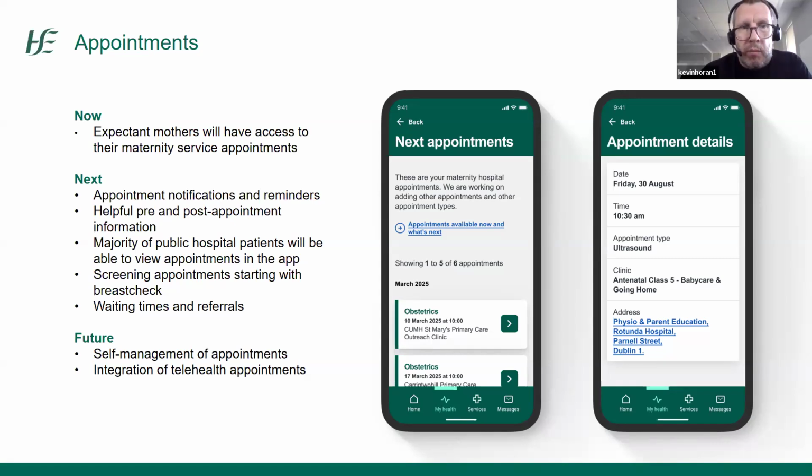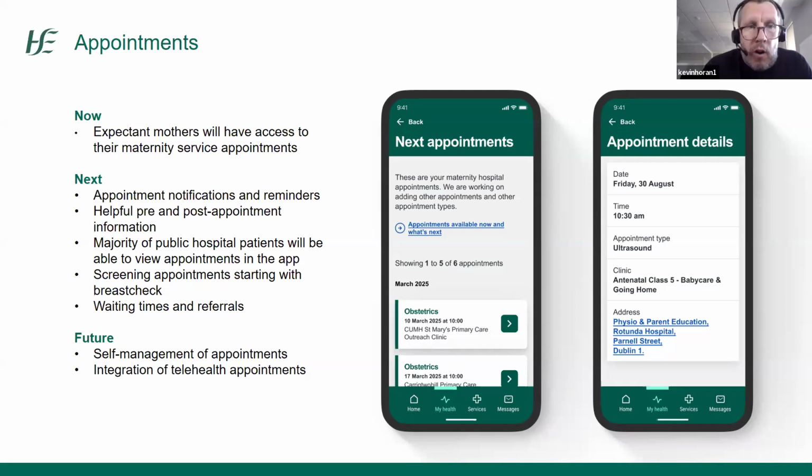It's noted here then that we'll be serving appointment notifications and reminders. That's something we included in that version 2 release. We're also building out helpful pre and post appointment information. So this is something we heard a lot from people we tested the app with. It's not just that they want to know when their appointment is, they want to know how to prepare for their appointment and maybe how they might need to prepare to recover afterwards. And this is feedback that we're sharing into the system so that we can develop that content and make sure that we can share it.